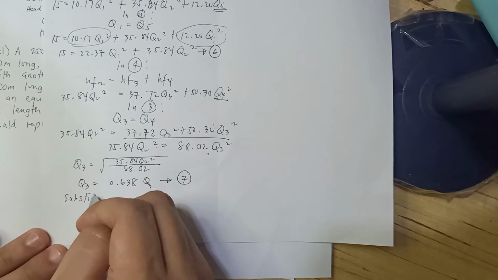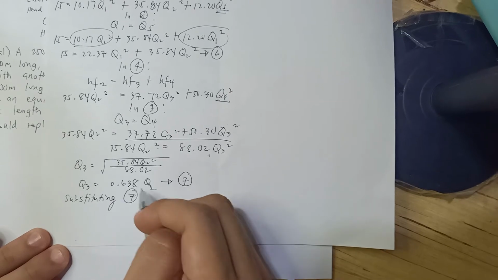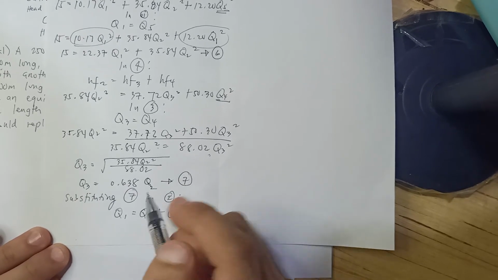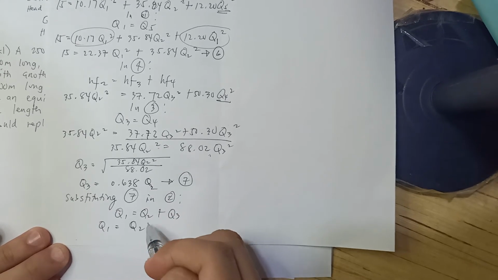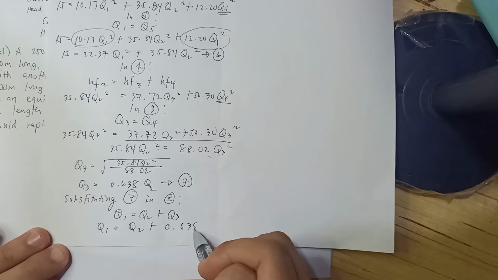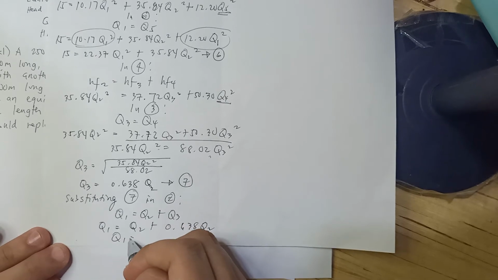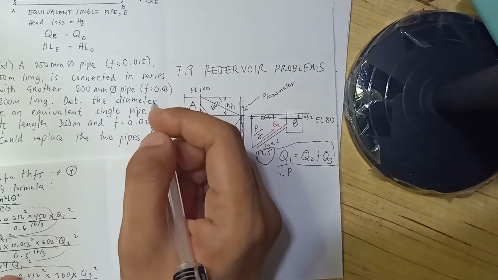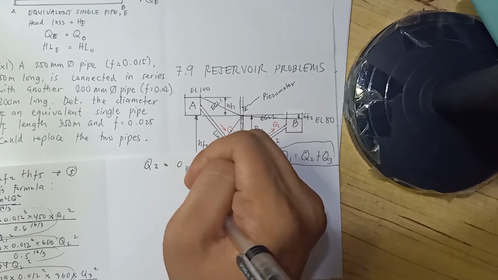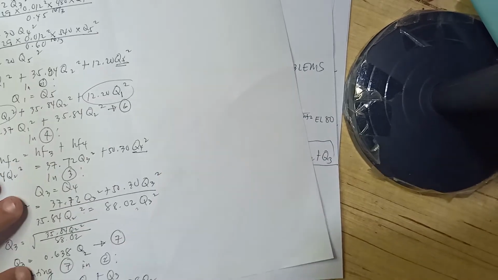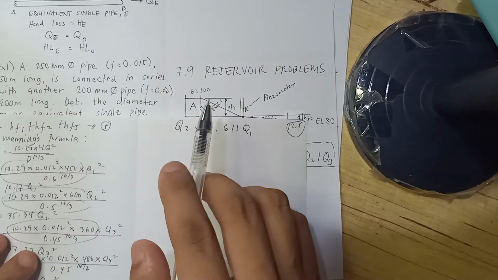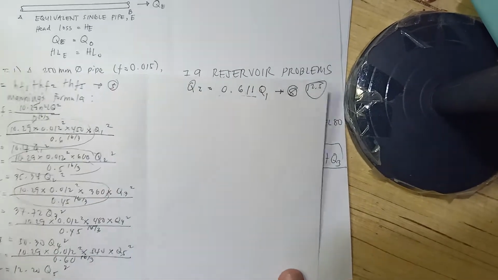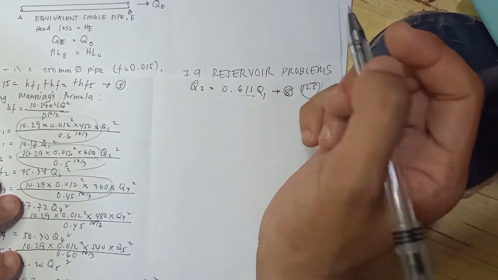So substituting equation 7 in equation 2. Q sub 1 equals Q sub 2 plus Q sub 3. Therefore, Q sub 1 equals now Q sub 2 plus 0.638 Q sub 2. Or simply, Q sub 1 equals now 1.638 Q sub 2. Or in terms of Q sub 2, it can be 0.611 Q sub 1, cross multiplying 1 over 1.638 to get 0.611. So this is the 8th equation, no? And we are now substituting